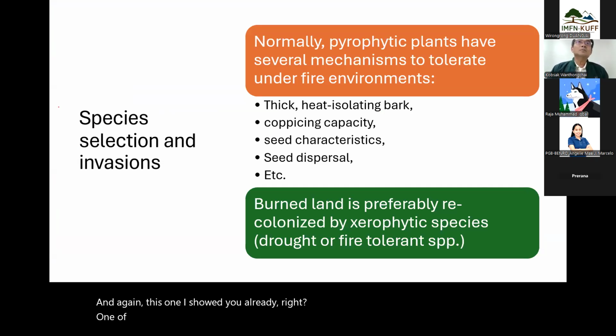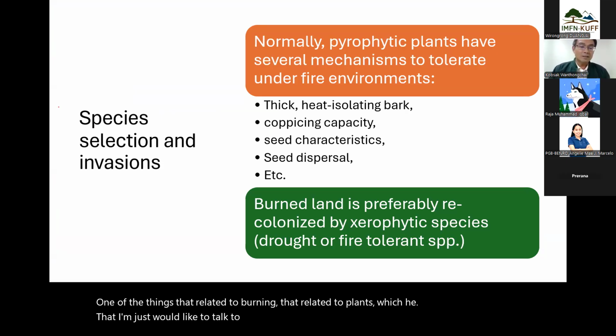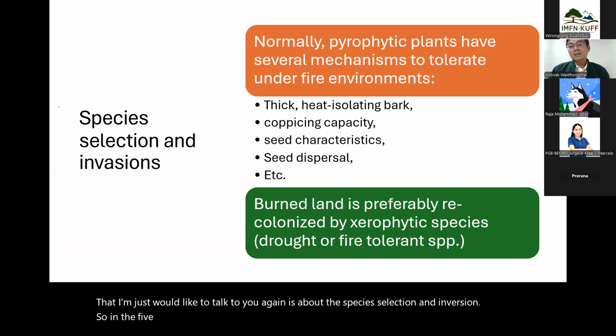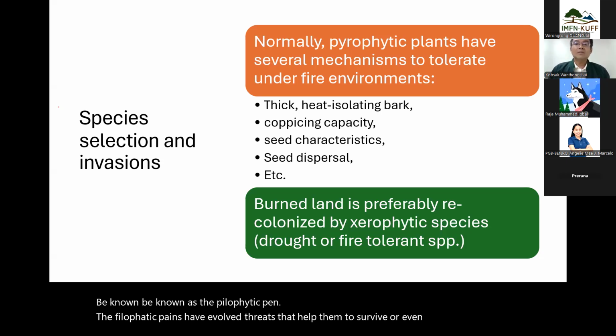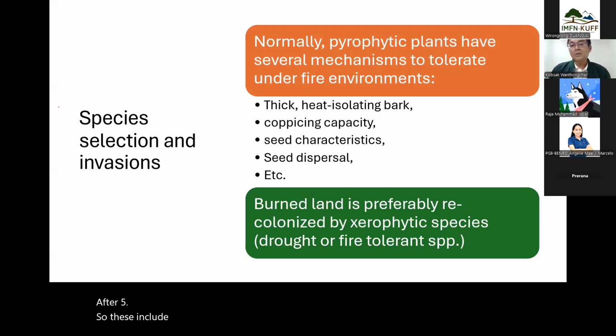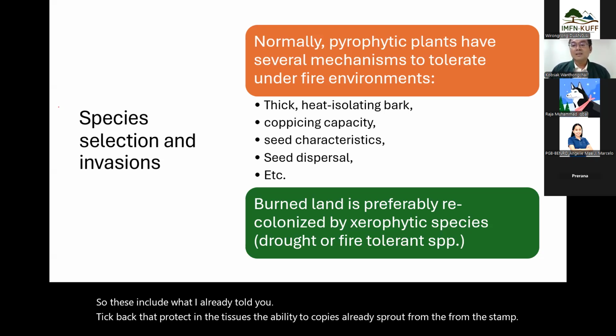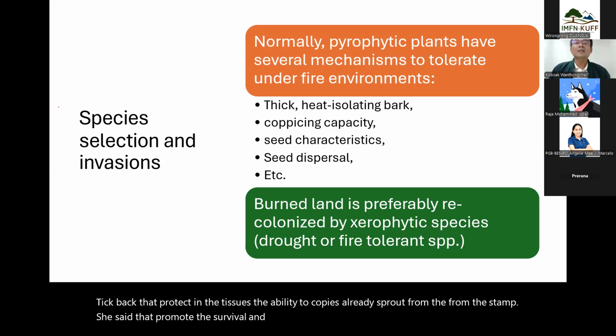Another thing related to burning and plant species that I would like to talk to you about is species selection and invasion. In a fire-prone environment, certain plant species are known as pyrophytic plants. Pyrophytic plants have evolved traits that help them survive or even thrive after fire. These include what I already told you: thick bark that protects inner tissues, the ability to coppice or resprout from the stem, and seed traits that promote survival and regeneration, including heat-resistant seed coats and effective dispersal strategies after